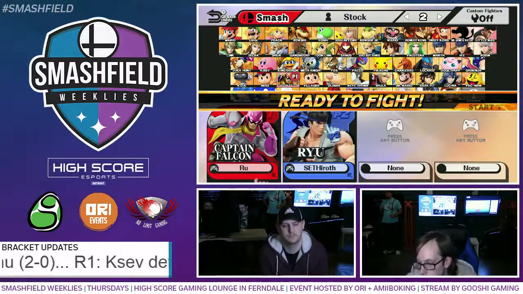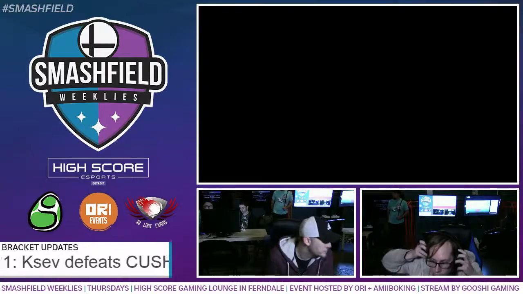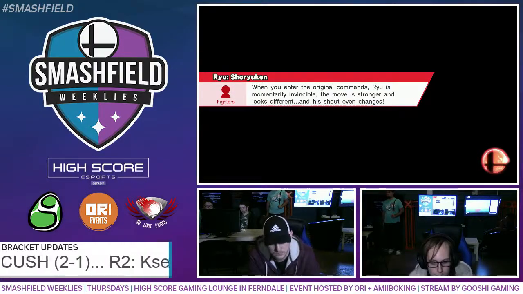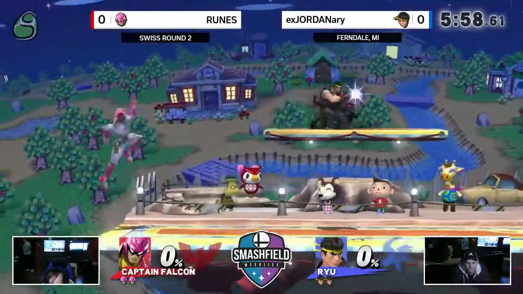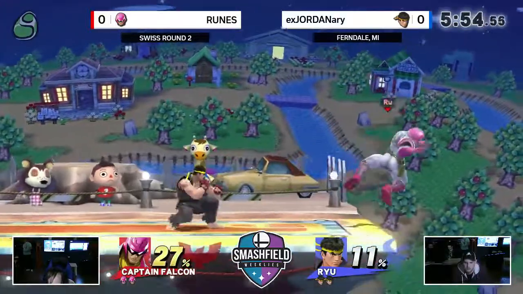When Ryu goes in on Falcon, his combo game is good as a fast faller, kind of like the Fox syndrome. But Falcon is quite a bit heavier, so he will die to Shoryu later, obviously. But I think the key thing here is how much Rune's going to let Jordan get started in the air. And it's all going to come down to really Jordan's movement, because Jordan has some really nice movement with